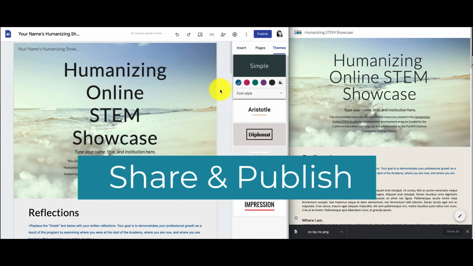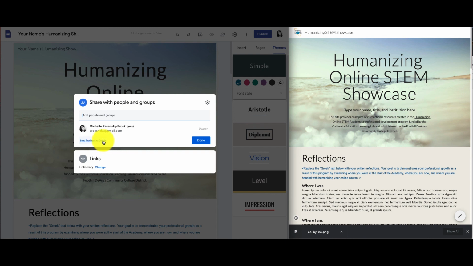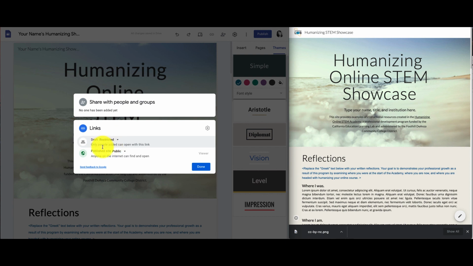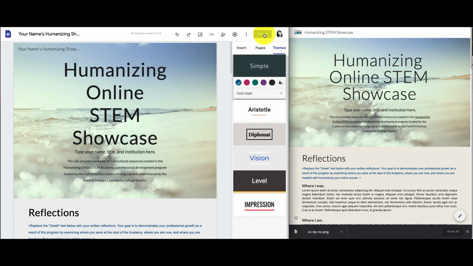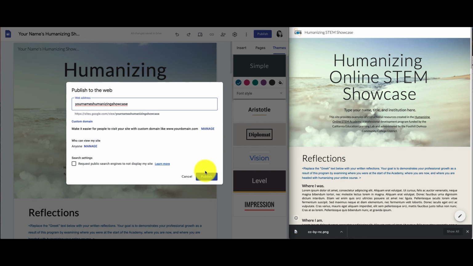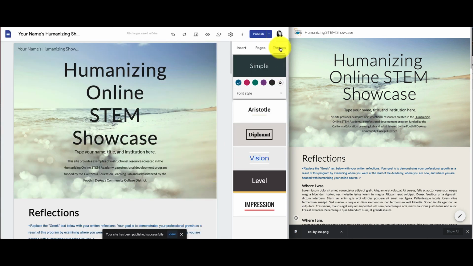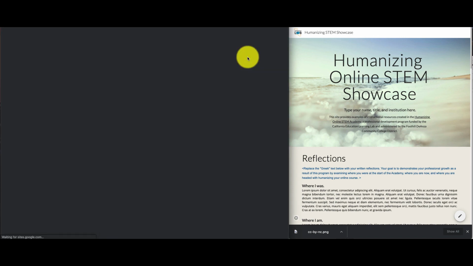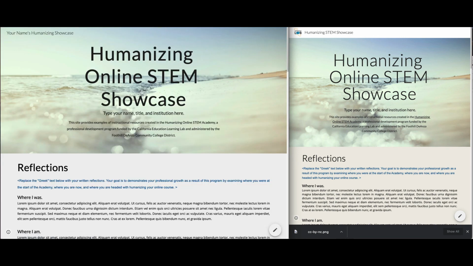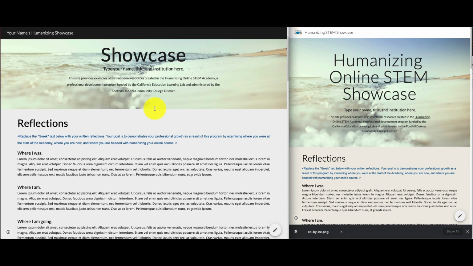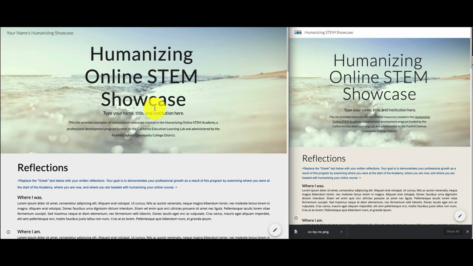When you're done, your last two final steps are to share with others. Remember, just like with your Liquid syllabus, you want to go down to links, select change, leave the draft restricted, and make your published site public, and then publish your site. You can adjust the web address if you would like, and you can view the published site, and that's the URL to your template that you'll continue to edit as you move forward.